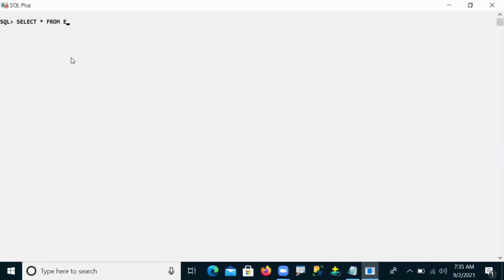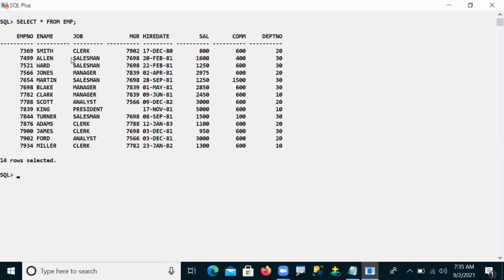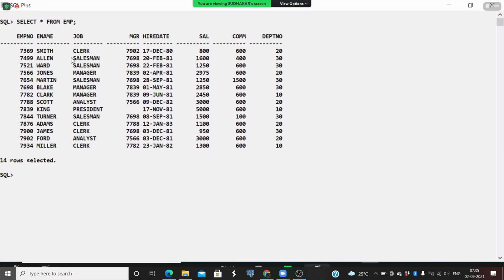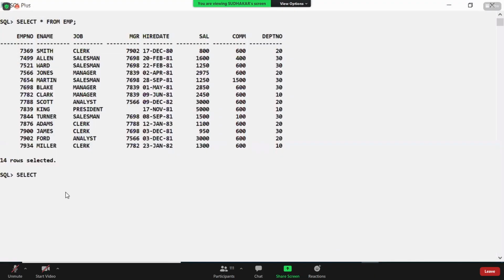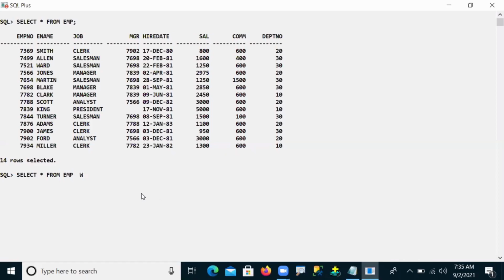So for example, this is our working table. EMP is my working table. In this working table, I am going to perform some operations. For example, select star from EMP. Suppose the requirement is whose name starts with the S character. ENAME is my column name, the column on which I'm performing my operation, and then the LIKE operator. And what we said is, if I give only the S character without using any wildcard operator,